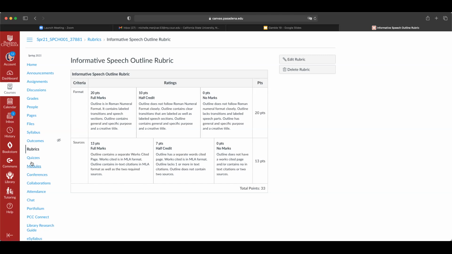If you need more than 2 sources, you're more than welcome to add more, but I'm only looking for 2 sources for oral citations and for your outline. So you can decide whether you need more or not to meet the time limits. So that's basically how I'm going to be grading your speeches. If you have any questions as to how I'm grading, or what are some things you want to know how to improve on in the future, just shoot me an email, and I will be more than happy to answer those questions for you.